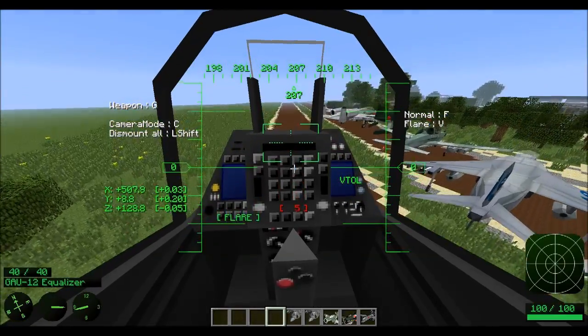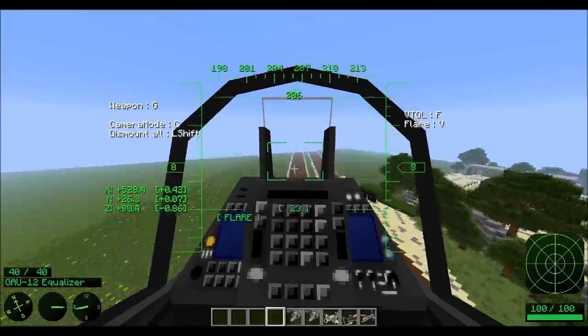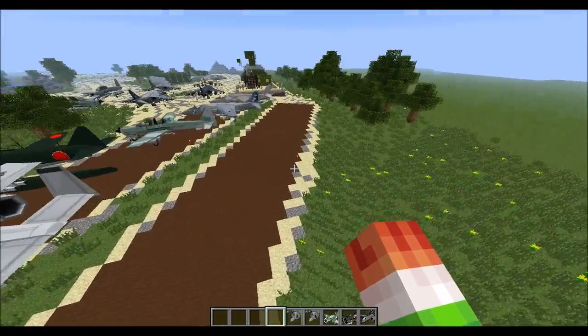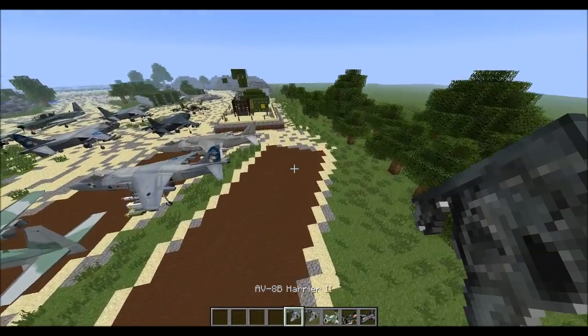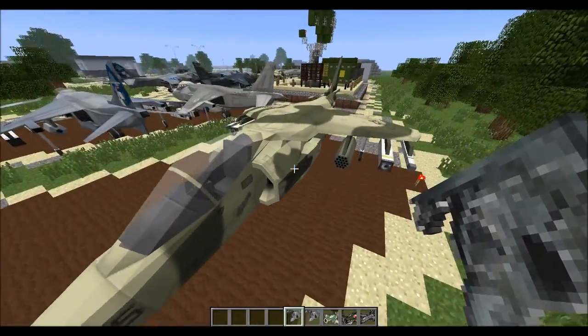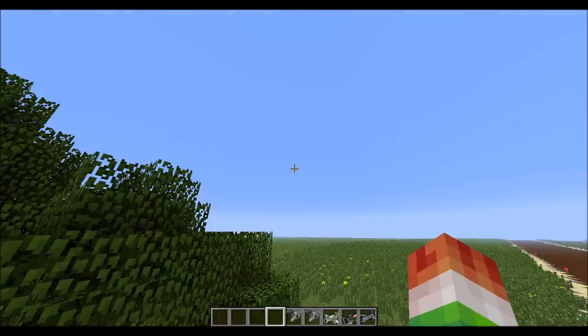Actually, wait, no, that was the Harrier. Oh, I'm confused. Okay, guys, if y'all are confused on what's going on, okay, that's what the VTOL thing does. Okay, so basically, let me go ahead and spawn in one of these things again. Okay, so the Harrier, for those of you guys that didn't notice, a Harrier is a special type of plane